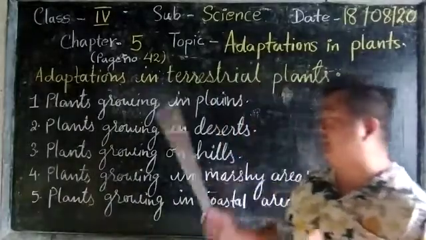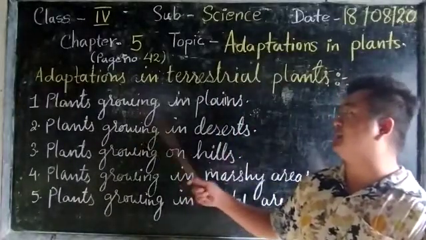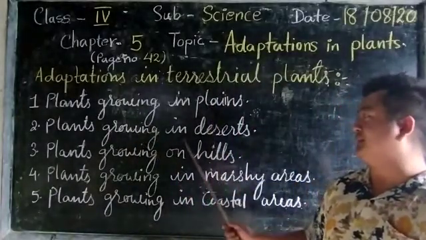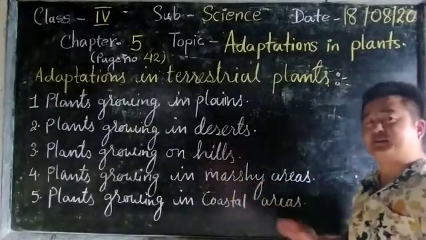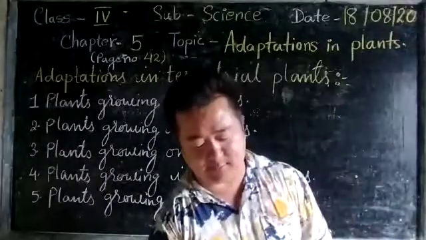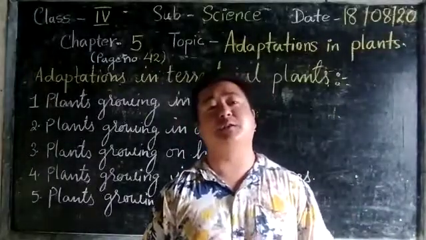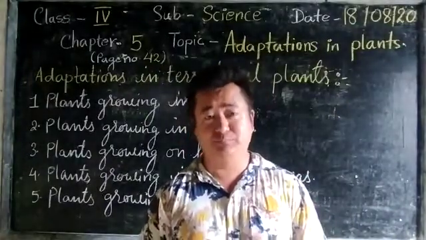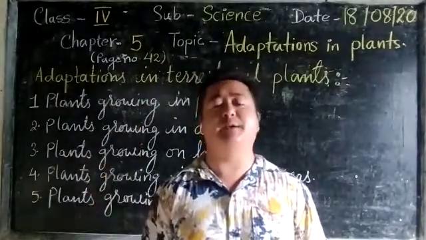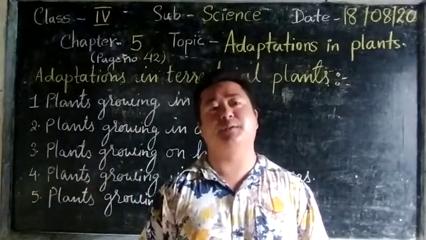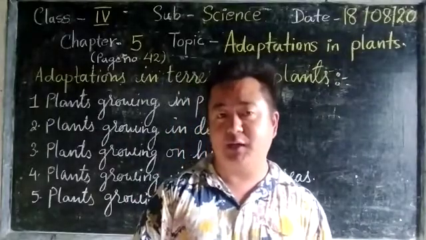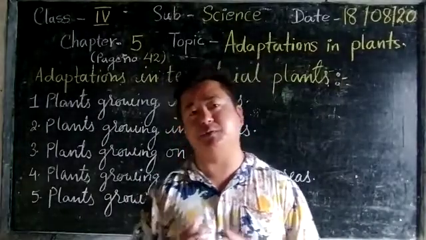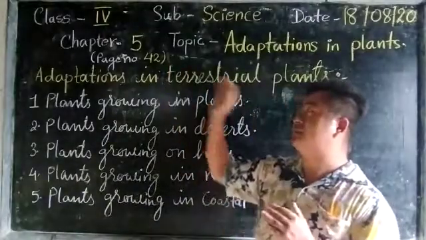As we have already discussed, these are plains, desert, hills, marshy areas and coastal areas, and I have discussed their characteristics or ways of adaptation, how they survive in these particular areas. So this was the lesson that we have discussed today, and in the next class we are going to discuss the adaptation